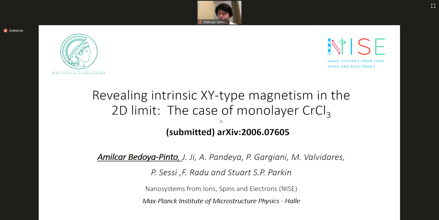And this is a relatively recent work, which has been submitted, and you can find more details in this arXiv reference. So I have to comment also here that it's a beautiful example of how synchrotron radiation can help to investigate monolayer magnetic samples and reveal the intrinsic properties of them. So that's also actually good for the vein of this workshop. So let me start first